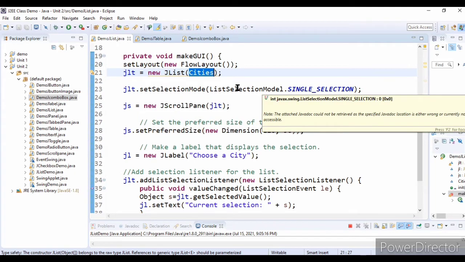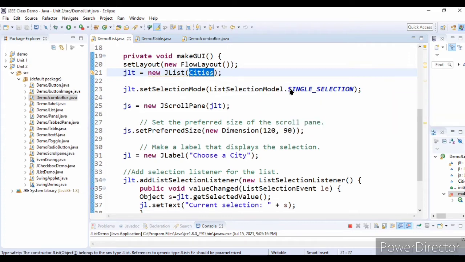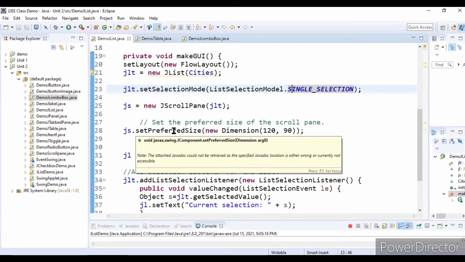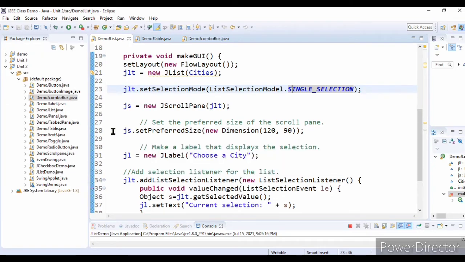Then we are creating a JScrollPane. For that JScrollPane we are setting a preferred size by using a Dimension object.